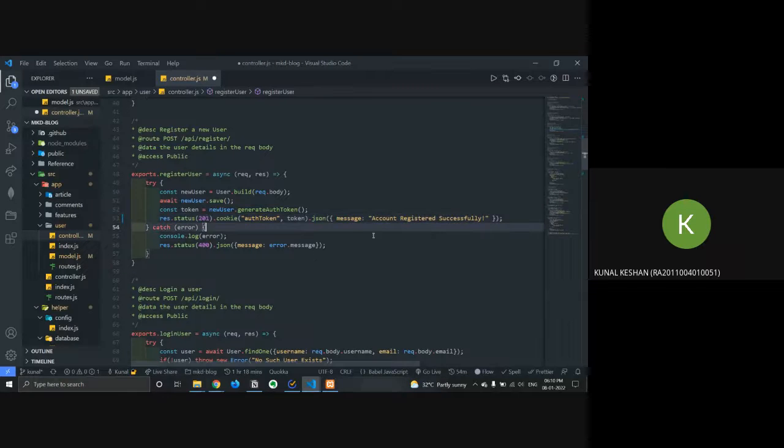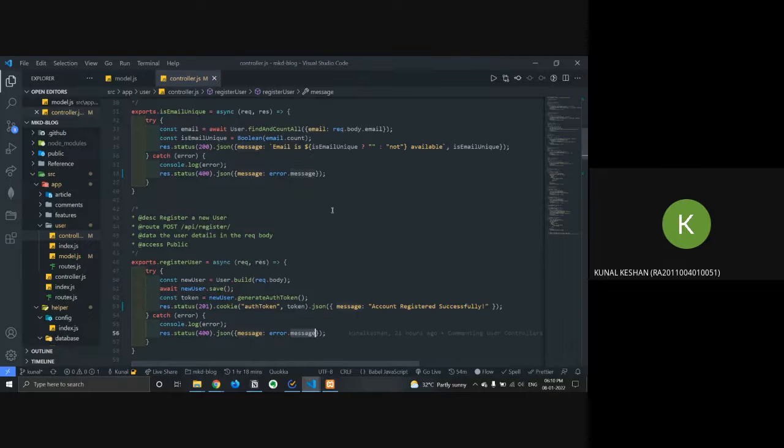It sends the auth token cookie and a JSON message, account registered successfully. If there's any error, console log the error in the logs and respond with the status 400 with the error.message.